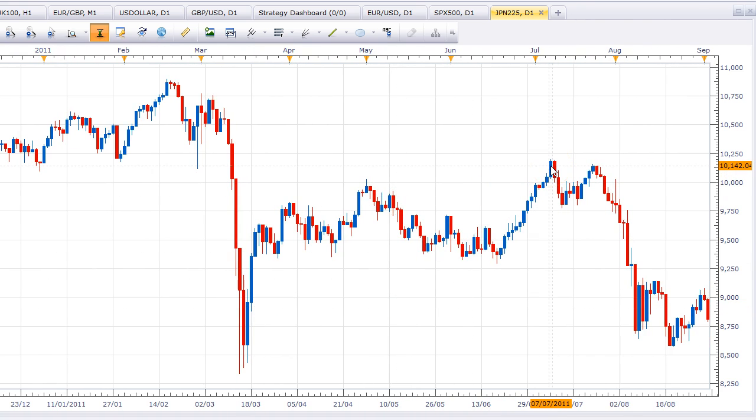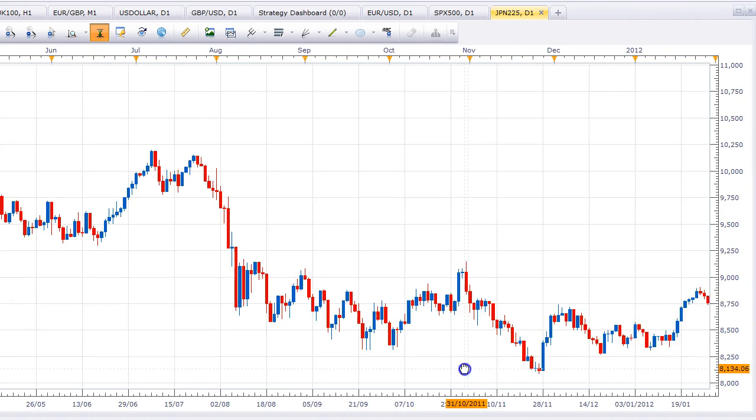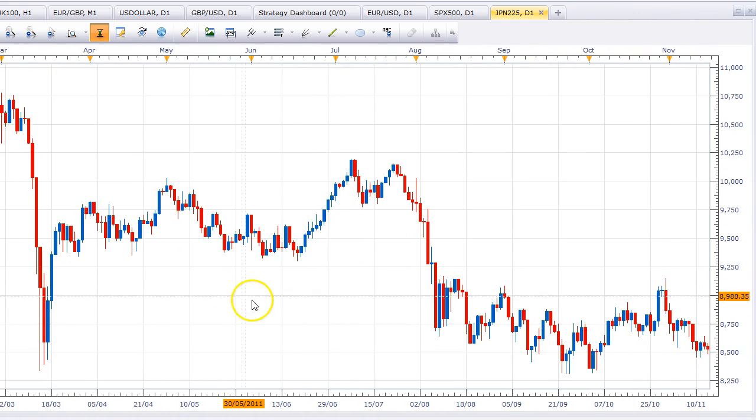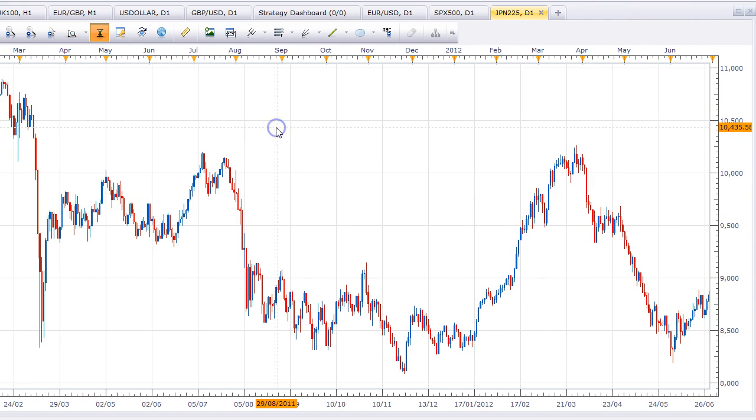And so by July, we've gone back almost all the way up. Okay. Then there was a further decline, etc. Now, let's see, for example, just for the sake of argument, that you saw this as a big decline, and you measured it, and it was from here to here. That's the actual close, because then there's a big wick there. So, and that's about 1,500 pips.